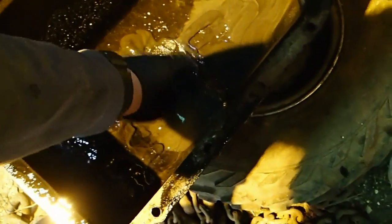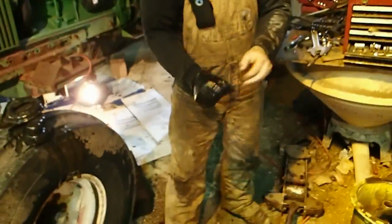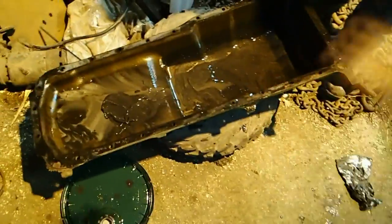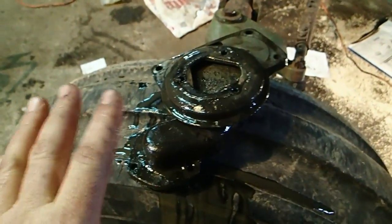Where's the drain plug on that thing? Get that thing drained out over top of something. It's right here. Right there. Okay, so here's what's going to happen. Mr. Tim is going to take this oil pan, put it over an old empty bucket, pour diesel fuel in there, swash it all around, and then drain it out. Get that cleaned out. I am going to go with gum cutter and starting fluid, and I'm going to clean